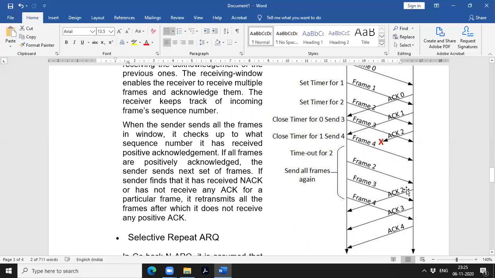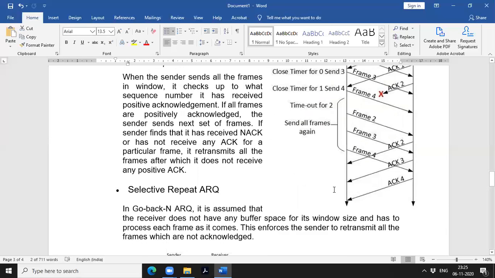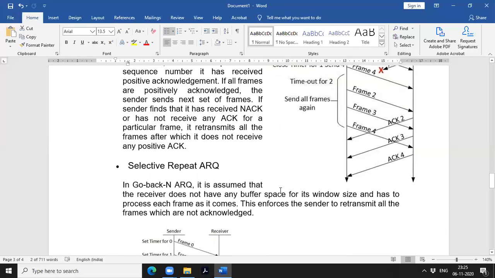So on the receiving side, this time we'll receive an acknowledgement for frame 2, frame 3 and frame 4. Okay, hope you understand, students. Okay, now here